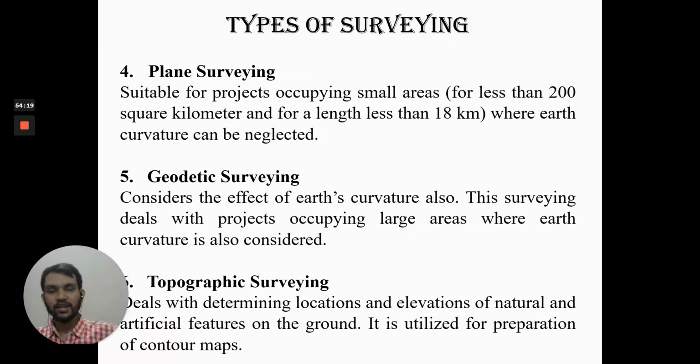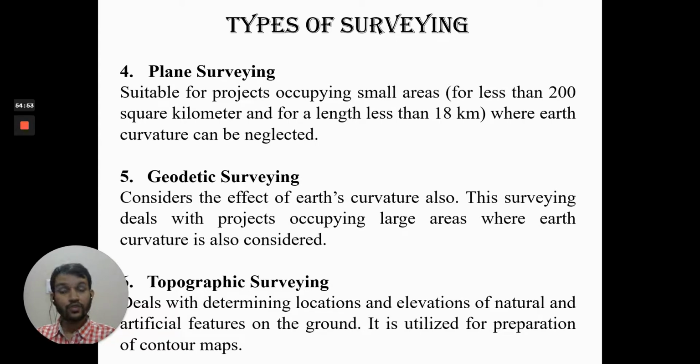But if a hill is there, 350 meters is here, and after moving a certain distance towards the right you will find 360 meters, because the ground is continuously rising. So the contour lines also give us an idea of which type of geometry is present on the ground surface. If contour lines are very closely spaced, it means either a hill or an excavation is there. If the elevations are rising inwards, it means a hill is there. If they are decreasing inwards, it means an excavation is there.